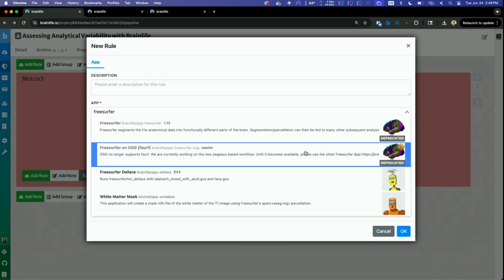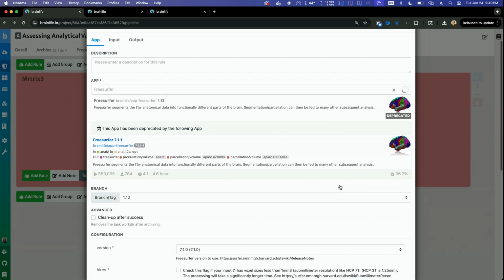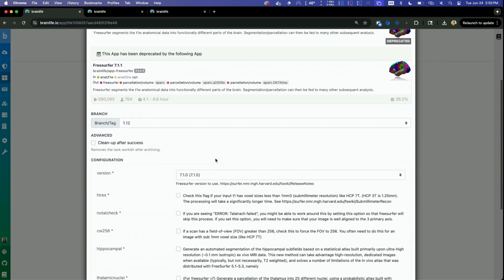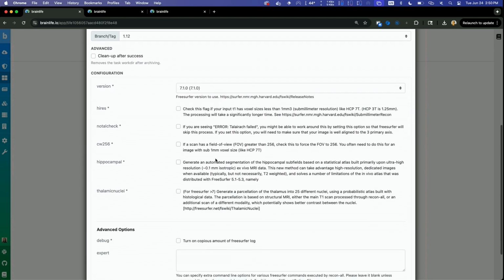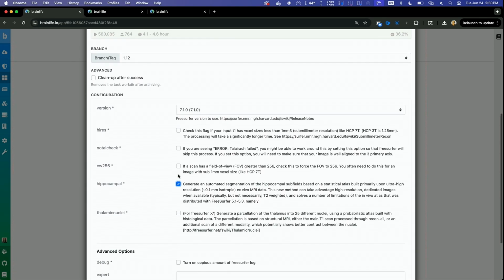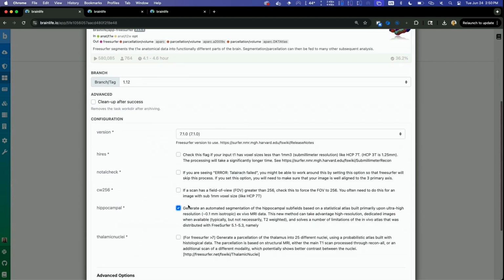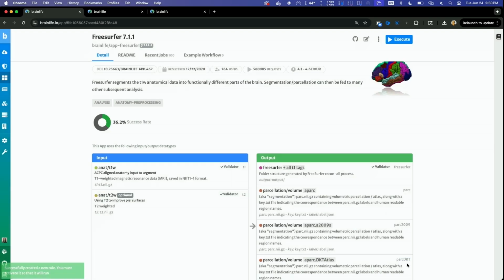And as we add, we can try different versions, older versions of FreeSurfer. Oh, actually, I got an older version of FreeSurfer. So as new software presents, for example, bugs or things that might impact the results, we can deprecate certain software and put new ones in place. So for example, here I'm creating a rule, a new execution for FreeSurfer, and I'm setting some parameters. You can change the parameters as you want to test how the variability in your pipeline affects the results. And once I press OK,